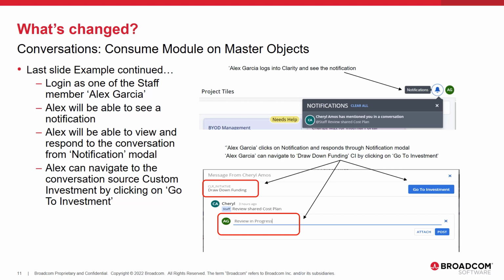Also, Alex can navigate to the conversation source custom investment, that is business outcomes in this example, by clicking on Go to Investment. As Alex has access rights to business outcome custom investment, Alex will be able to navigate to the custom investment.